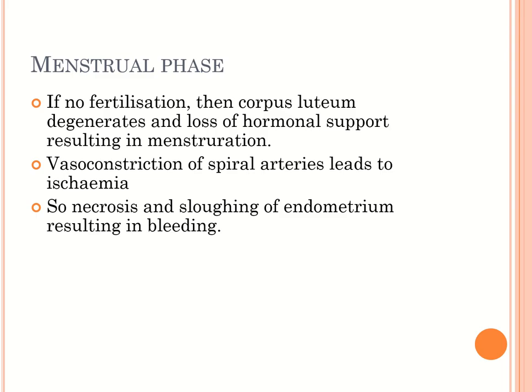So there is necrosis and sloughing of the endometrium resulting in bleeding. So here, the two main things that cause bleeding, or why the endometrium is getting sloughed off, are, one, there is no hormonal support. There's no estrogen or progesterone. At the end of the menstrual cycle, remember, at the end of this cycle of 1 month, these hormones will reduce. That leads to sloughing off. Along with that, remember, vasoconstriction of the spiral artery is what leads to this.